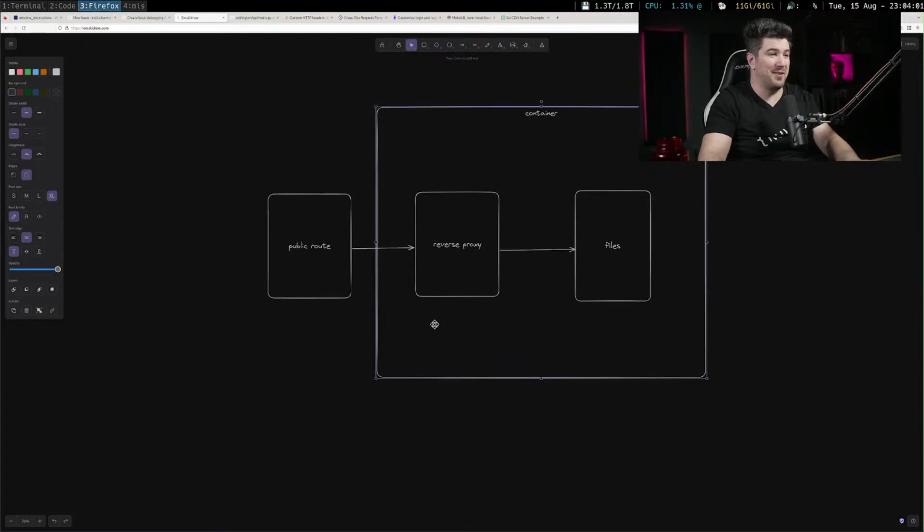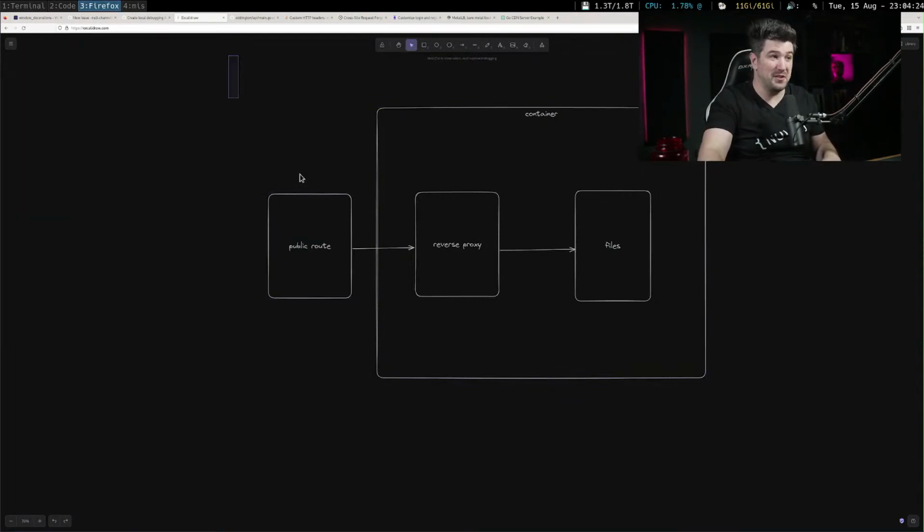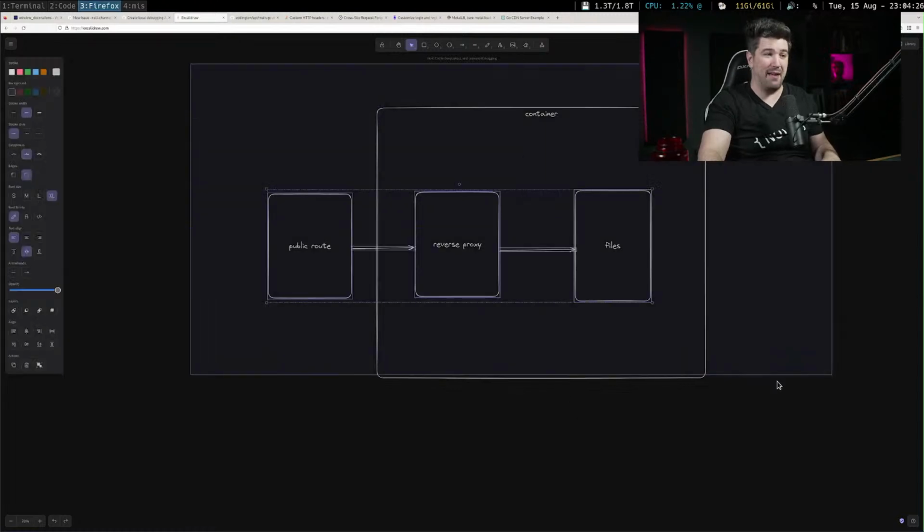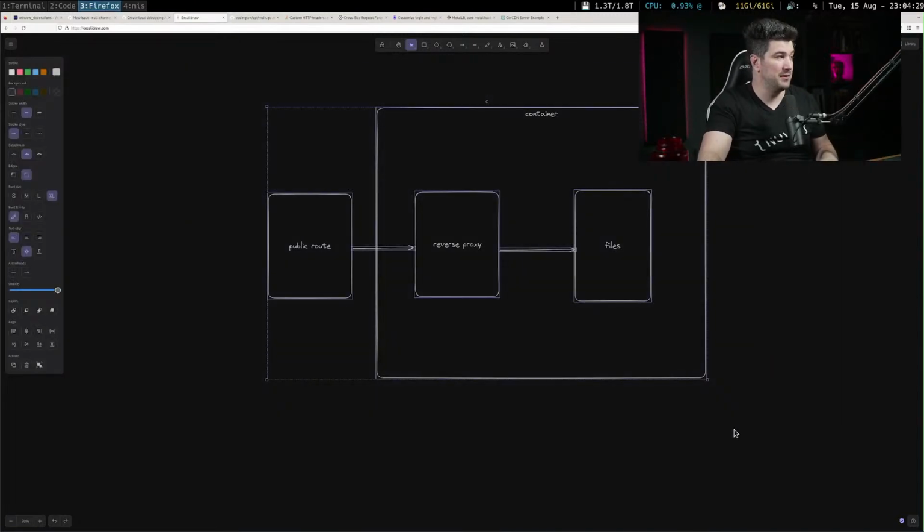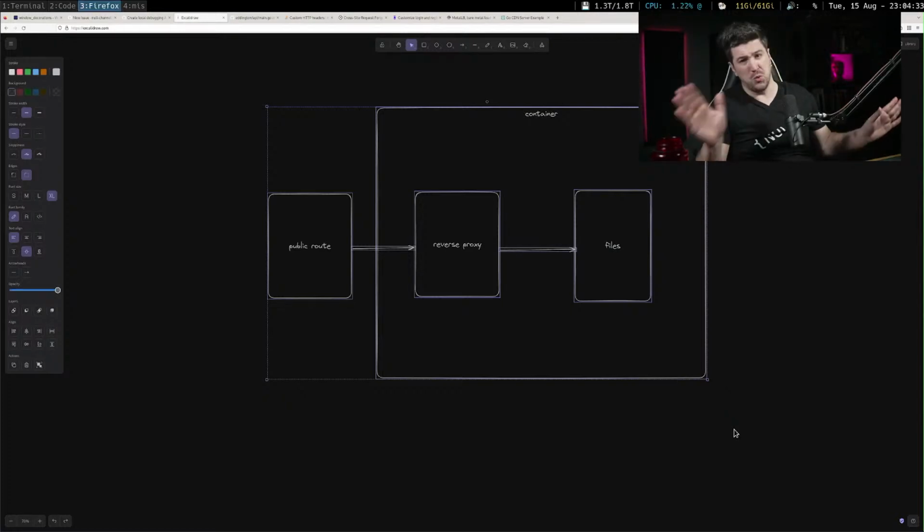And we support everything. So we basically support a content delivery. What it's going to do is make a container with an Nginx reverse proxy with the files in the Nginx HTTP folder. And we're going to serve it on a public route, which we already support everything in here now. This is actually pretty simple to do. Does this sound like a plan? Should we do this for version 1?